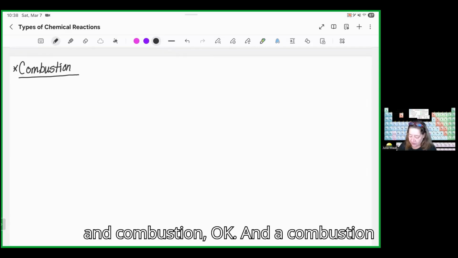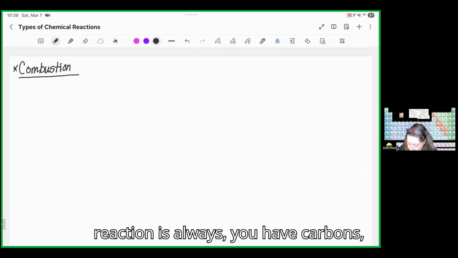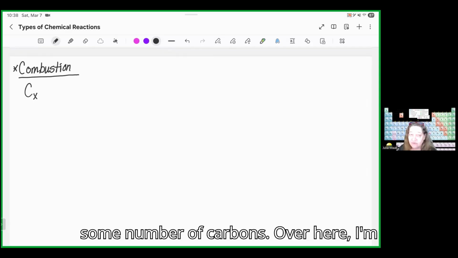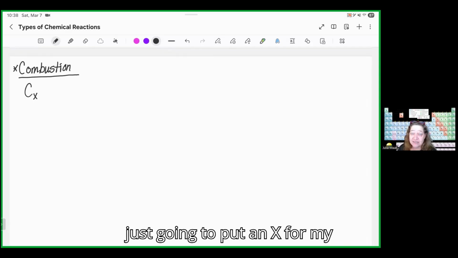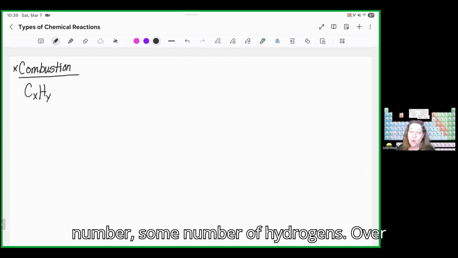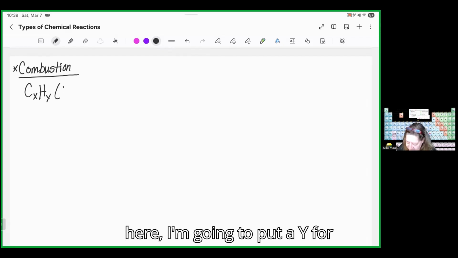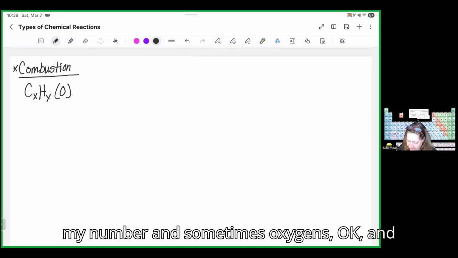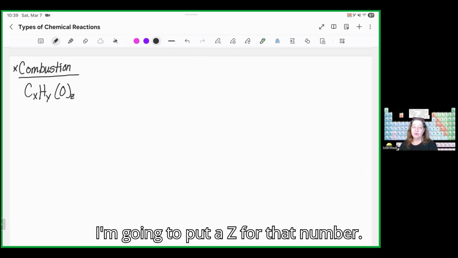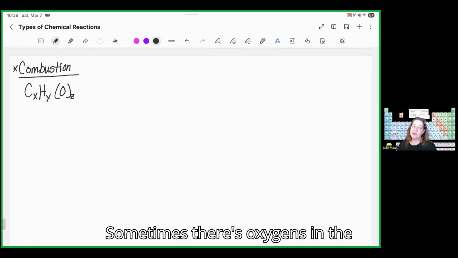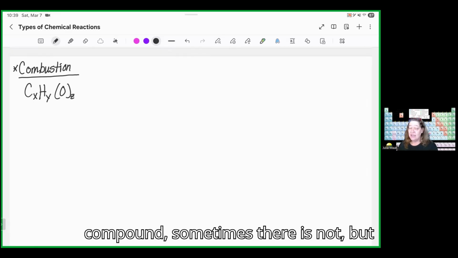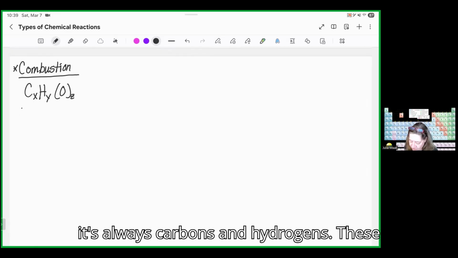A combustion reaction always has carbons, some number of carbons over here. I'm just going to put an X for my number. Some number of hydrogens over here, I'm going to put a Y for my number. And sometimes oxygens, and I'm going to put a Z for that number. Sometimes there's oxygens in the compound, sometimes there is not. But it's always carbons and hydrogens. These are called